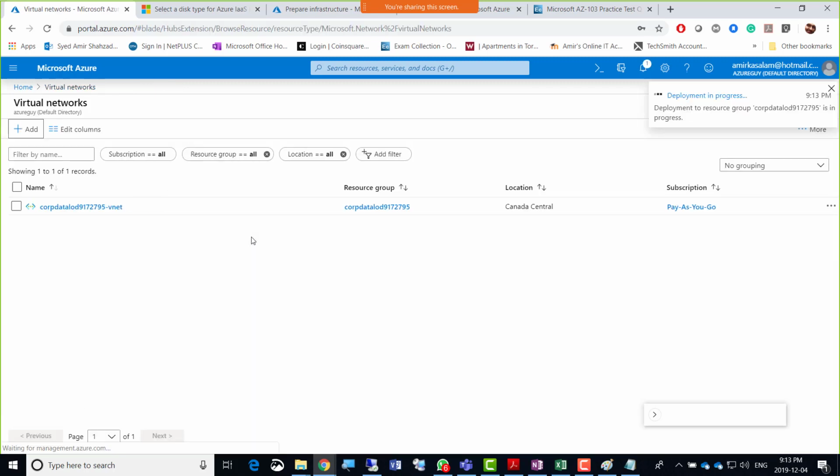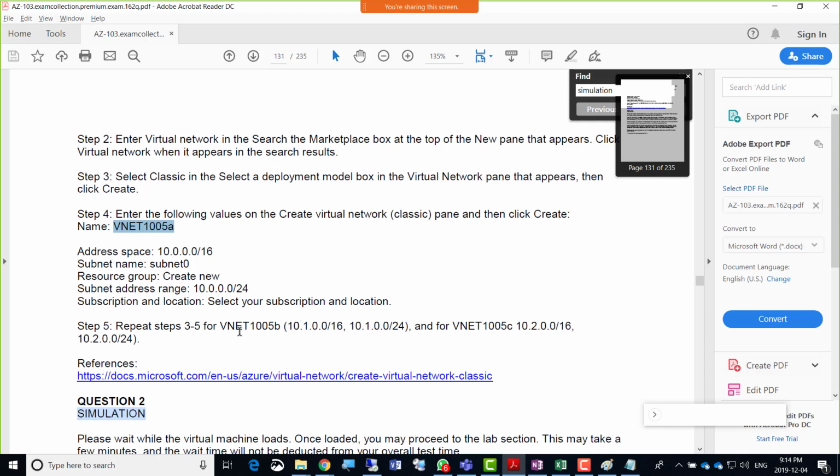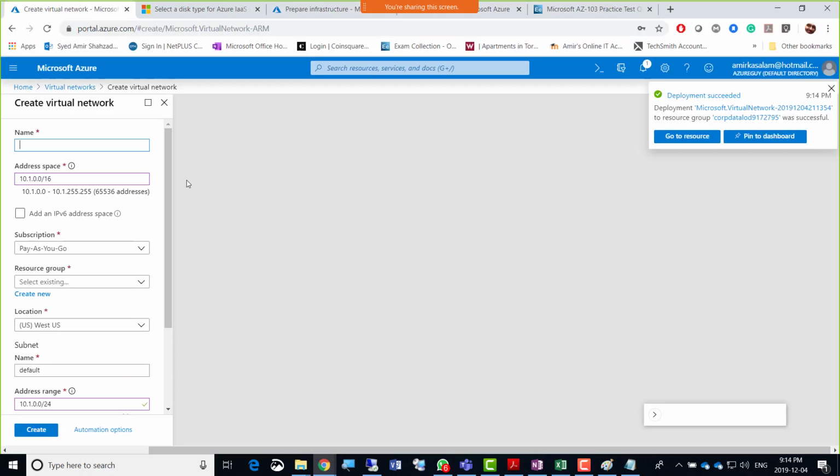While the first VNet is getting created, I'm going to go for the second VNet and go back to the file. So it is VNet 1005B, and in my case it will be 10.2.0.0/16.